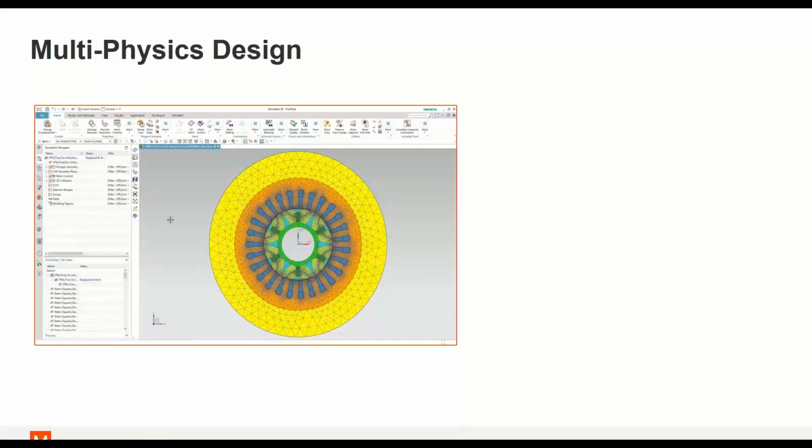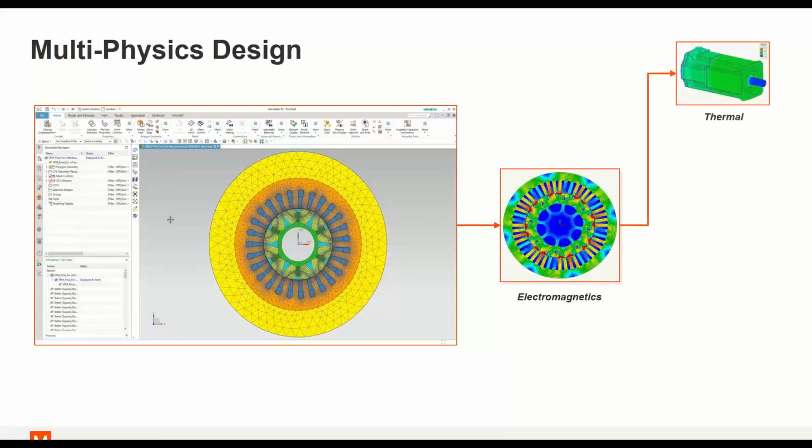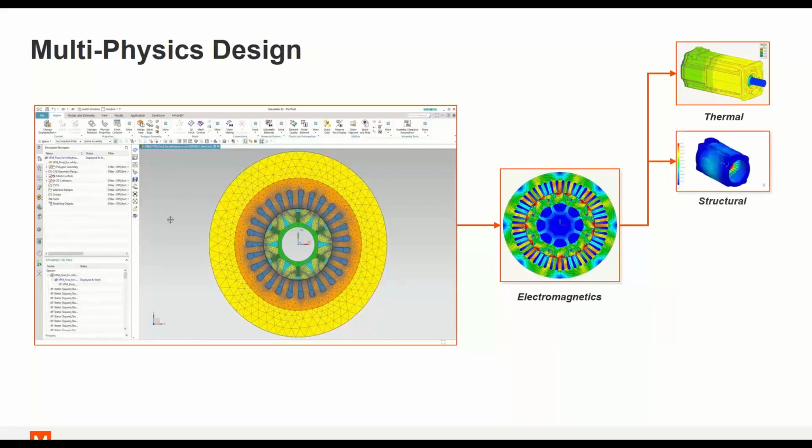The cornerstone for this design, of course, is going to be the electromagnetic analysis. So you no longer just need to do the electromagnetic analysis, as I mentioned. You need to be able to do thermal analysis on your design to take into account the coupled nature of the material properties between thermal and electromagnetics. You need to take into account the structural integrity of your design, especially in the electric vehicle domain, when it comes to the structural integrity and meeting the performance requirements for the entire vehicle.